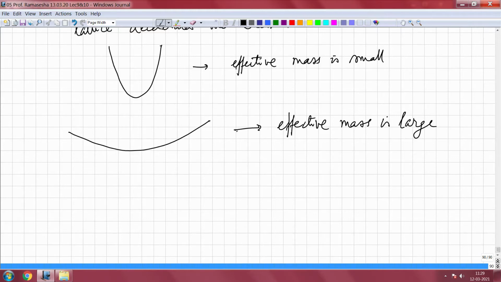This is important, and in fact this principle that the effective mass is different in different regions of the band is useful for understanding something like the Gunn effect. I will talk about the Gunn effect in the next lecture. It depends on the change in the effective mass when it goes from one region of K space to another, and how it can give rise to a device is something I will talk about in the next lecture.